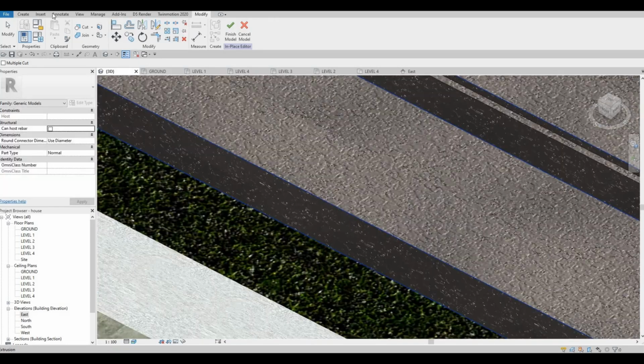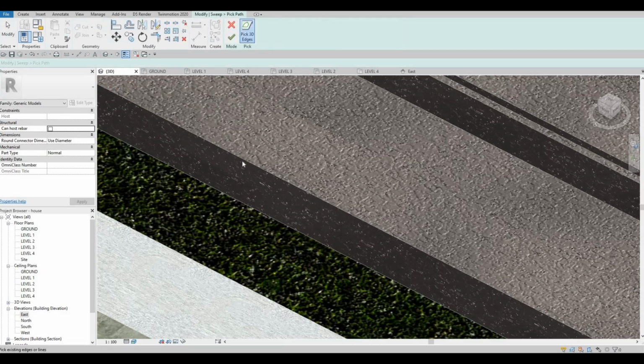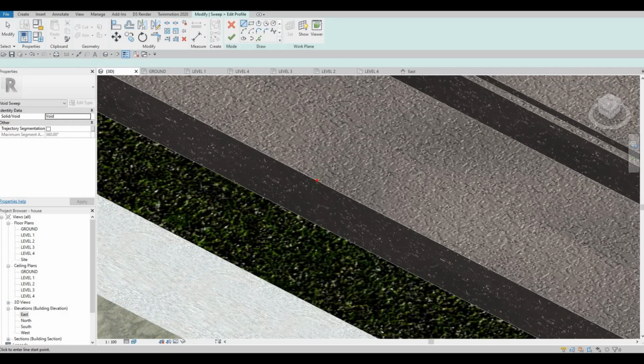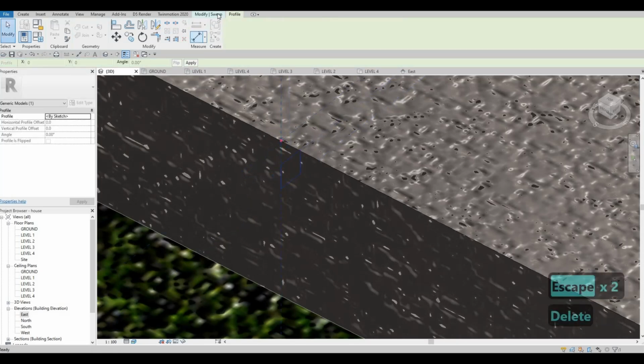And then lastly, we need to create again void sweep, pick path, go back right here, edit profile, and then do this again. Click finish,